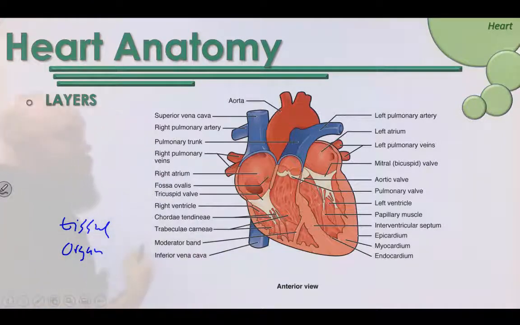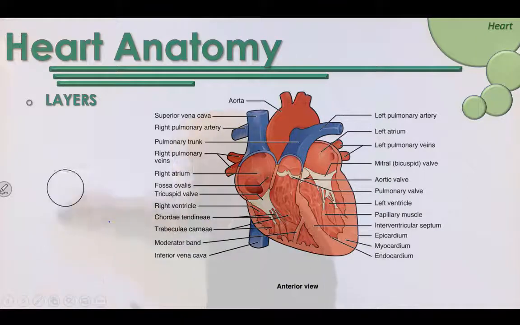The heart is an organ. It's an organ made of two or more tissues put together to make a structure that plays a role in the cardiovascular system, a role in maintaining homeostasis, keeping everything pretty much the same all the time. The tissues are put together in the heart to make three distinct layers. The three layers of the heart